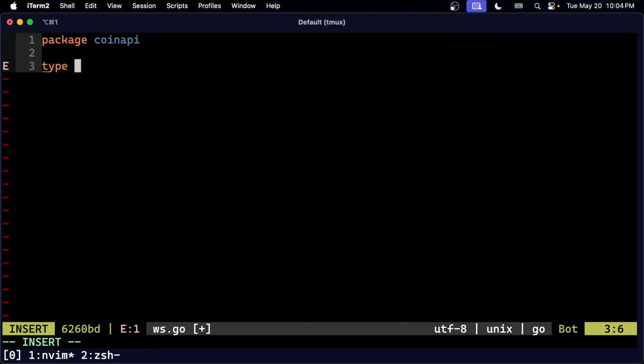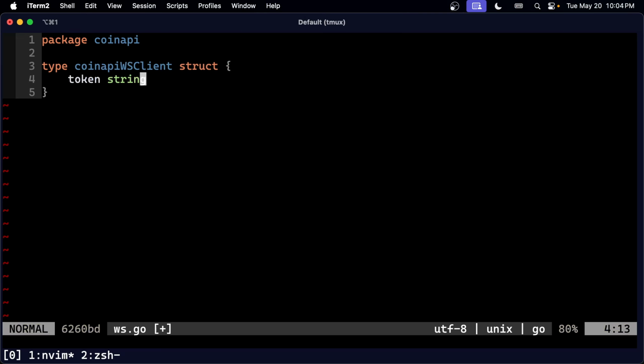So type CoinAPIWebSocketClient, which is a struct. It has a token, which is a string, and that's going to be the API token. And then it's going to have